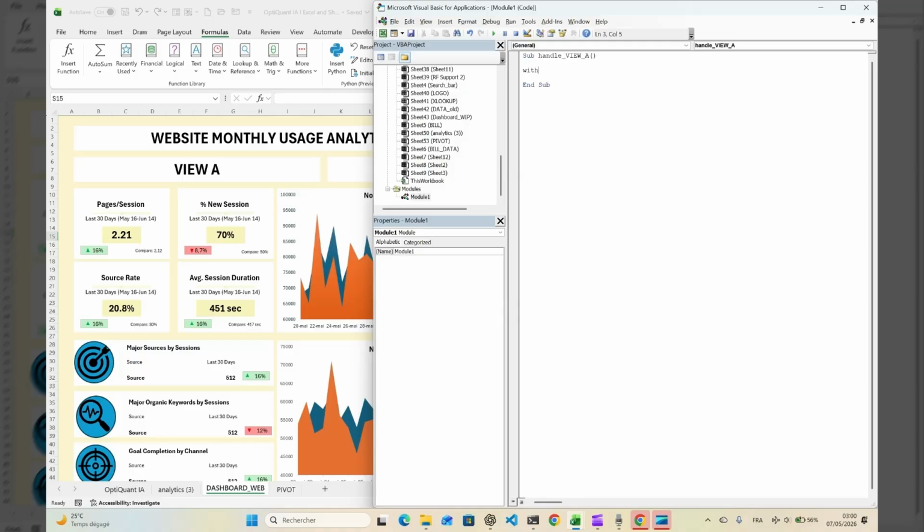Now we want to use the with command. So with dashboard, after the H and the, we want the